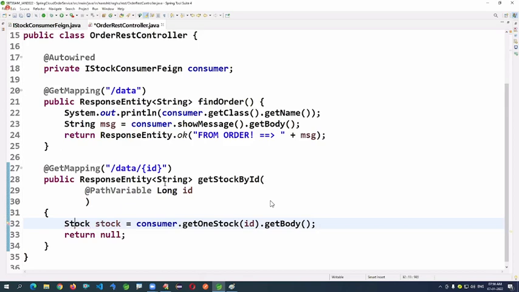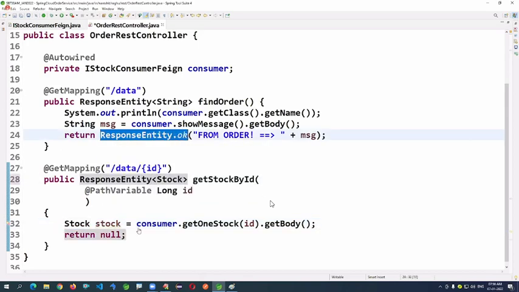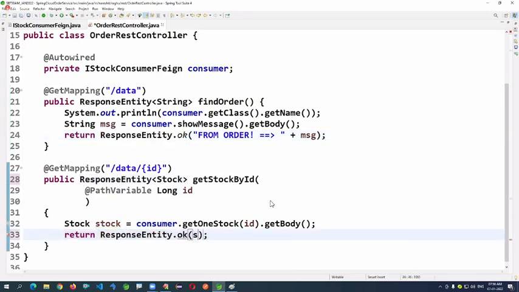Yes, you can return the same stock, which comes in JSON format.